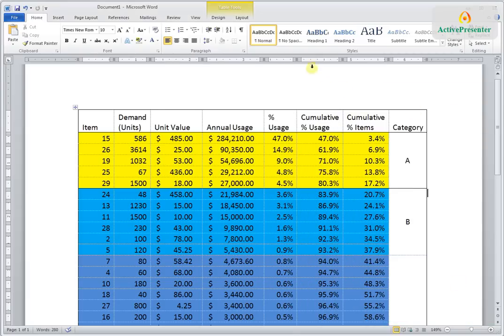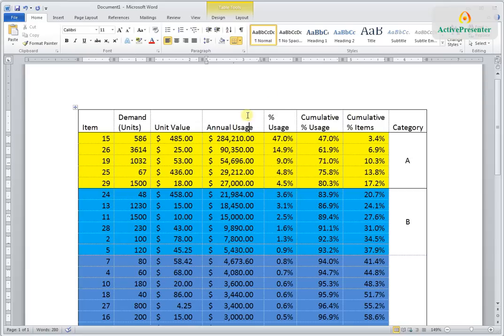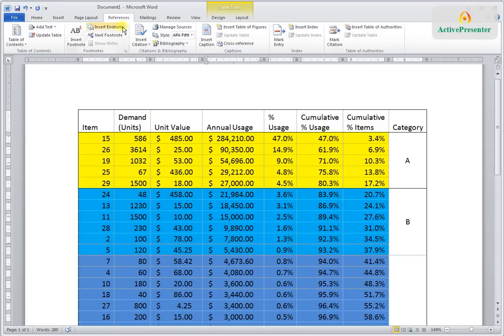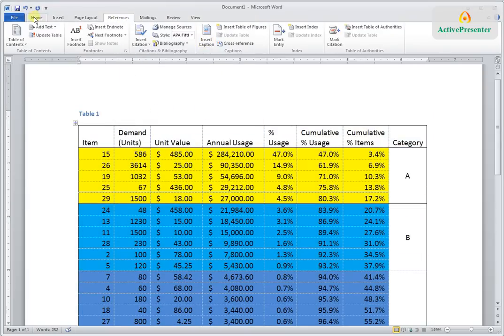Etc. Okay. Anyway, so you can copy that into Microsoft Word. You can right-click on this, and well, that doesn't work actually. If you have your cursor within this table, you go to References, and you can insert a caption above the selected item, Table 1, okay, and then you can go ahead and format that, maybe